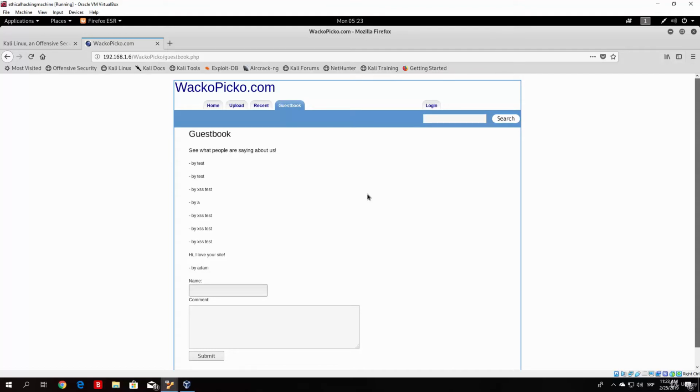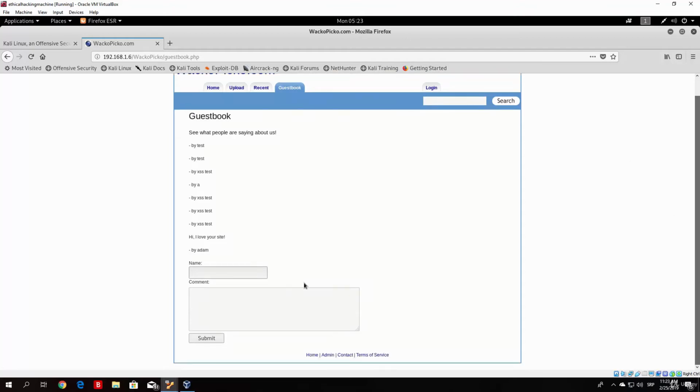And in the previous attack you would have to send that over a link in order for that window to show. Since this is a stored cross-site scripting attack, this is a more dangerous version of cross-site scripting, and it will save the part of the code on the website, and it will show it to anyone who visits this page. So basically what I did here is XSS test,